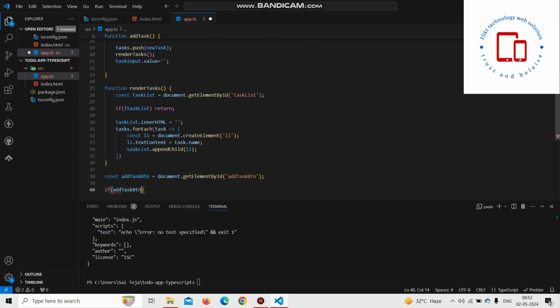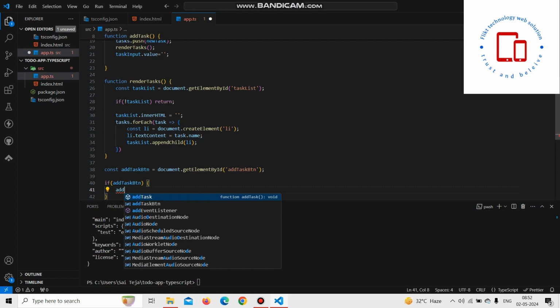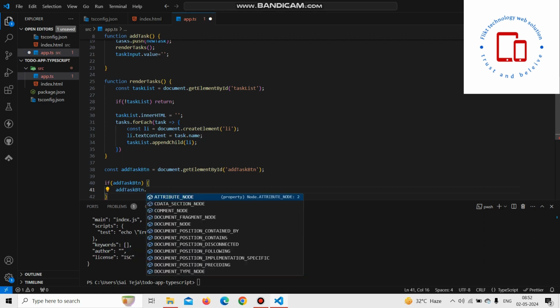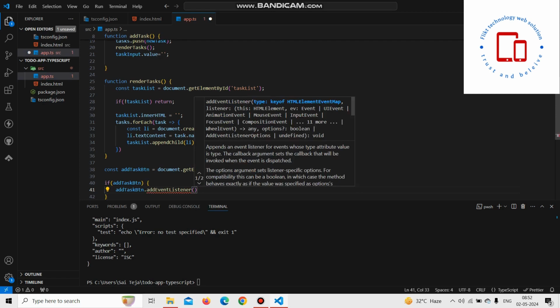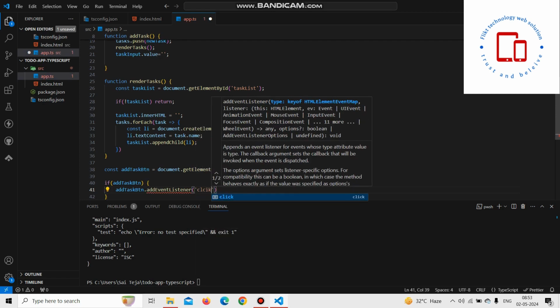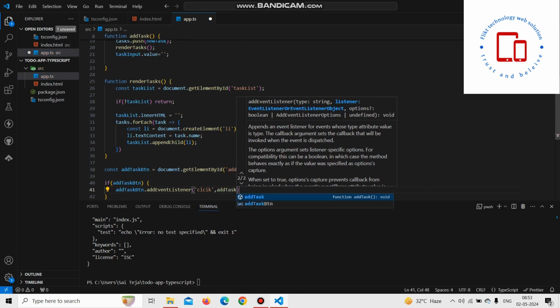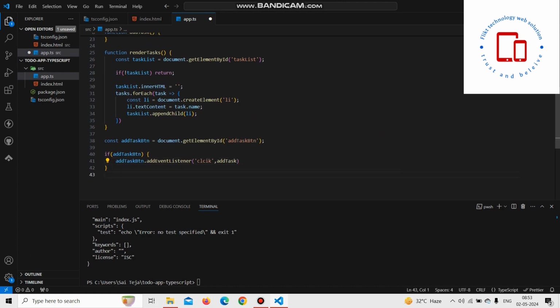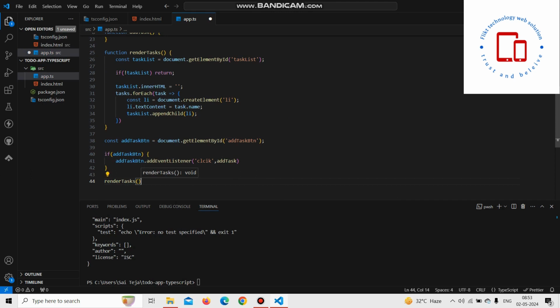If add task button, then add task button dot add event listener, click, add task, render tasks. If I save this,